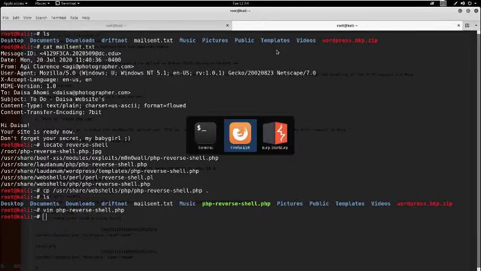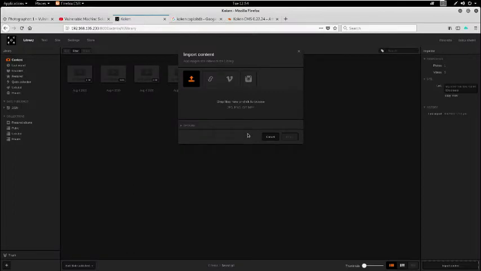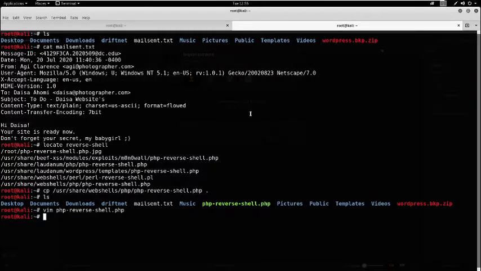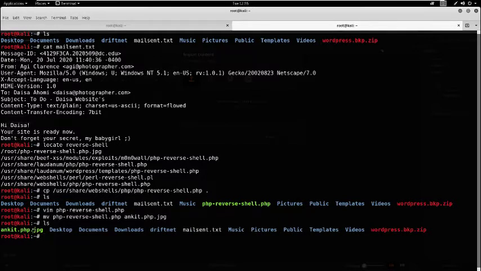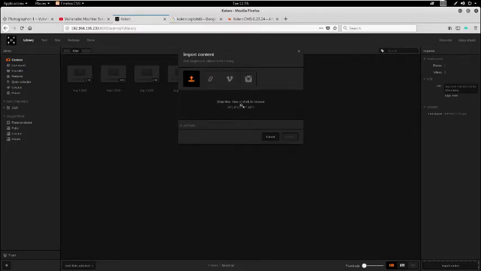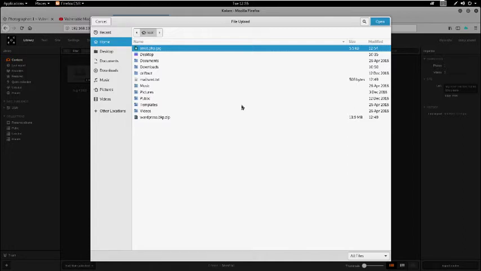So now come into our web page. We can see we have four extensions here which we can upload. I'm going to rename this file, and my name is Ankit, so I'm renaming it as ankit.php.jpg. Here I can see the ankit.php.jpg file is available. Now I can go and click on drop file here. So I'm browsing the file, and here we can see our file at the top.